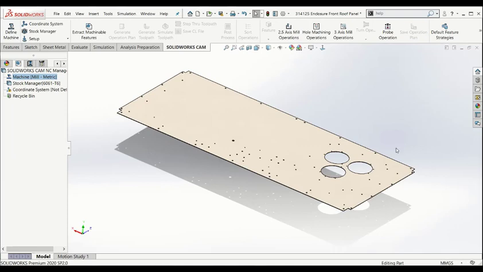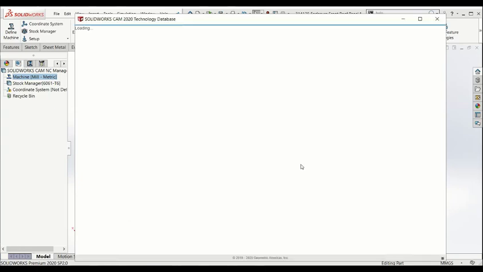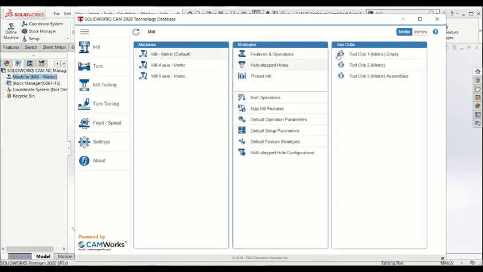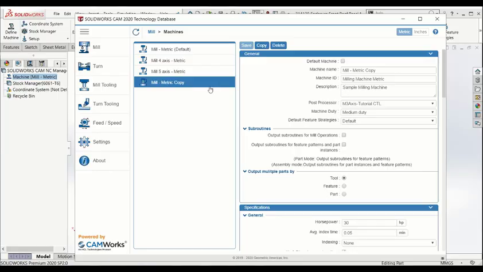Let's generate a plasma cutting program on this front enclosure of the roof panel. Make sure units are set in mm. Let's set our plasma cutting machine from the technology database and also set the post processor for the same.